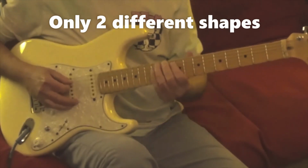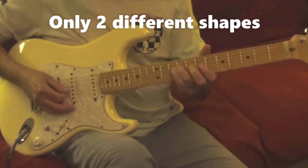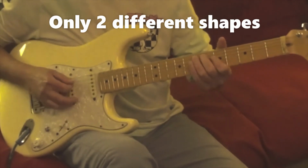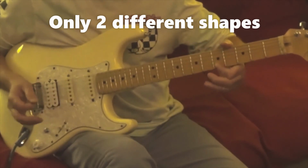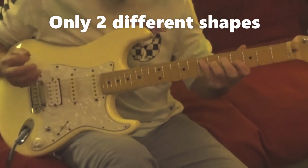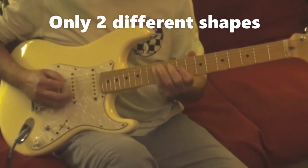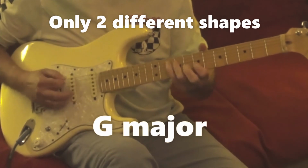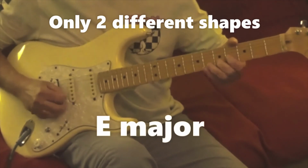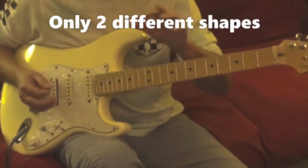Now, go back to the beginning. You have the A minor, G major, F major. Oh, I almost missed it. And an E major. All right. So basically you have, and you can just do any little melody you want, whatever is easiest for you. Like you can just do it forwards if you want. Like